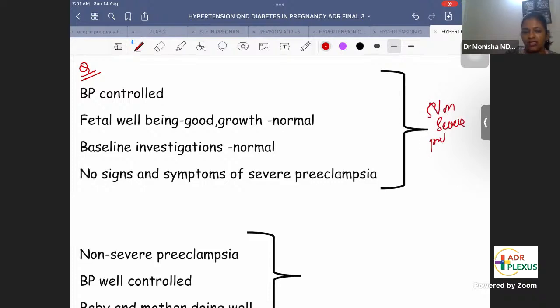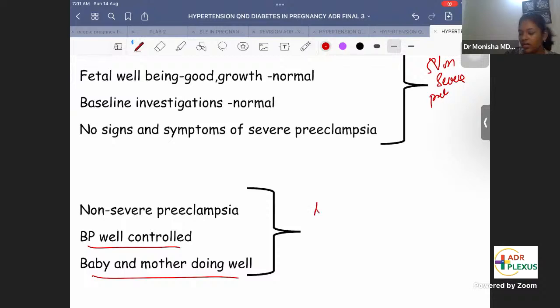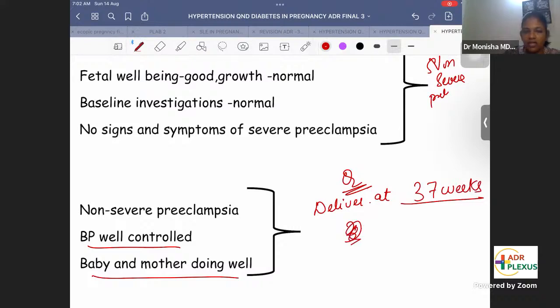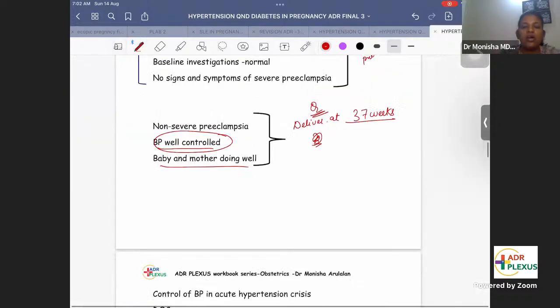Non-severe type. See, when I say non-severe preeclampsia, the BP is well controlled. Baby and mother both are doing fine. When do you deliver them? It's a very important question. It's a direct question. When do you deliver them? Anybody? When do you deliver the patient? Answer is 37 weeks. Remember, this is the newest guideline that is there. 37 weeks should be your precise answer. See, when I say she's non-severe preeclampsia, her BP